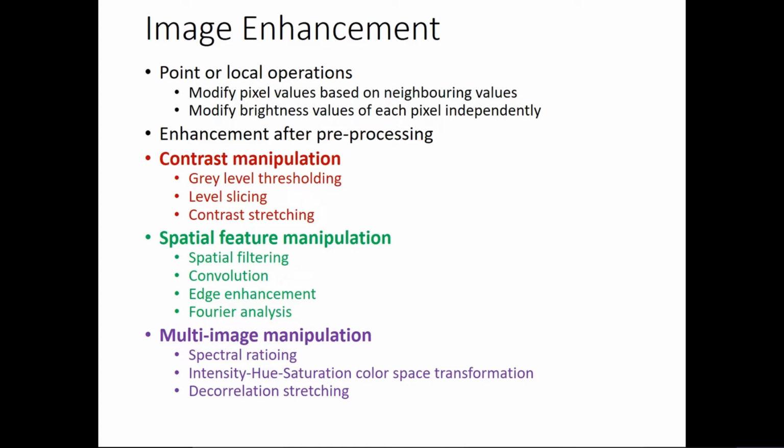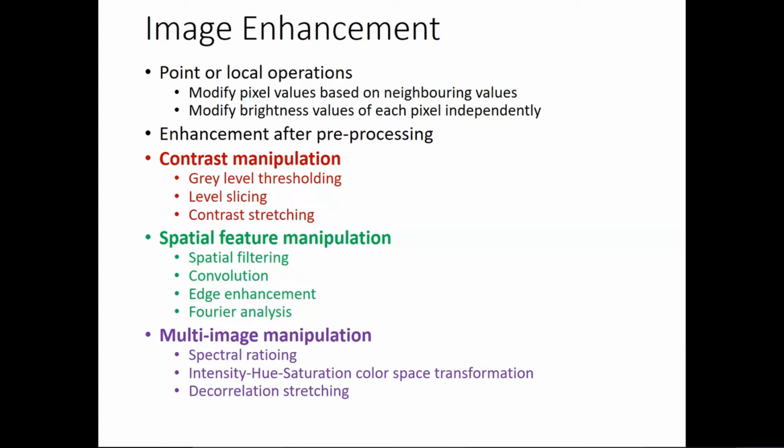All right. So this enhancement is carried out after you pre-process the image. That means you correct the image for its geometry, you correct it for radiometric errors, and you also remove the noise. After these processes, which are basically the pre-processing techniques, you will go for enhancing the image so that the image can be interpreted better, because the features are more enhanced now. So the main processes are, as I mentioned, contrast manipulation, spatial feature manipulation, multi-image manipulation, and convolution. One more is there. So we will discuss these three.